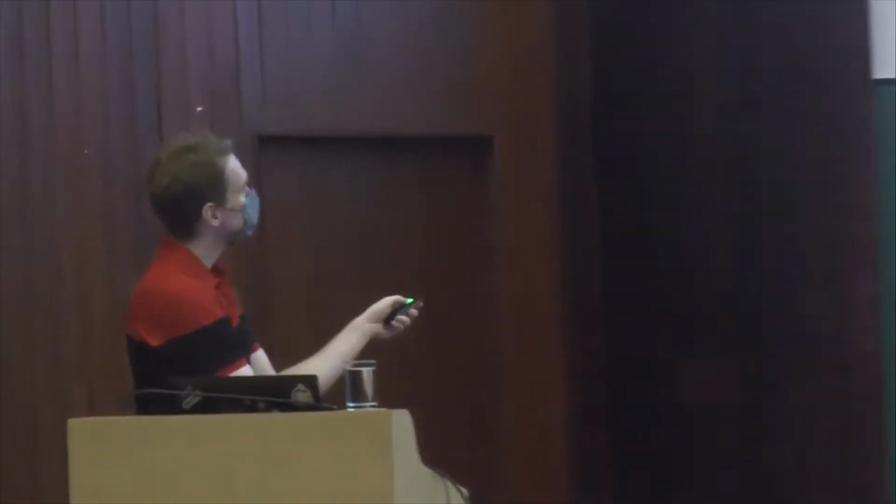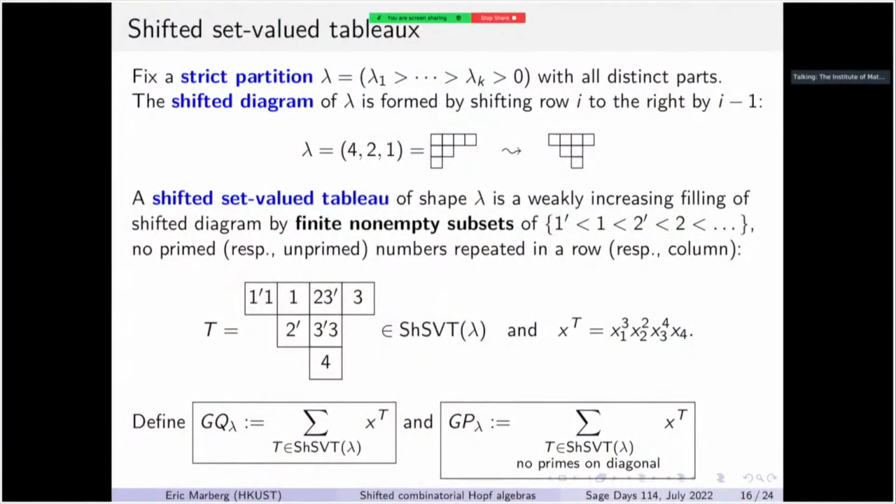Let's see. So what you can do, you could define one relation: instead of working with shifted diagrams, you could just do the same conditions here on unshifted diagrams. So again, you have finite non-empty subsets of these primed and unprimed things satisfying these conditions. And then if you consider G lambda and you map it to this other generating function that would be over the unshifted set-valued tableau satisfying these conditions, well, you can show that's actually a